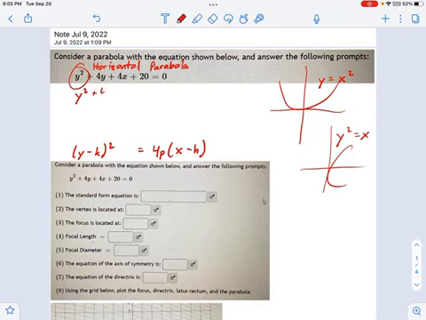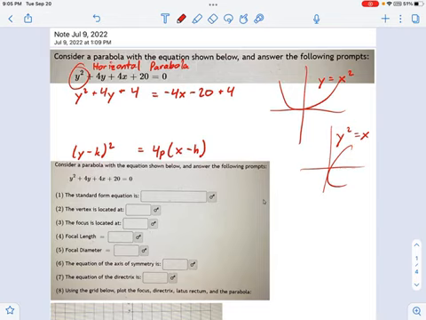I'm going to say y squared plus 4y equals, and then I bring everything else to the right side. It's going to be negative 4x minus 20, I think, right? So negative 4x minus 20. And to finish out this left side, that's my focus right now, I need to get it to be a perfect square. And the way you do that is by taking the linear term, cut it in half, and square it. Okay, we've talked about this a bunch in class. You cut 4 in half, you get 2, you square it, you get 4. Now you have to add that to both sides.